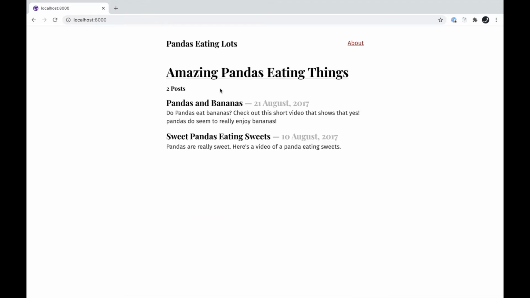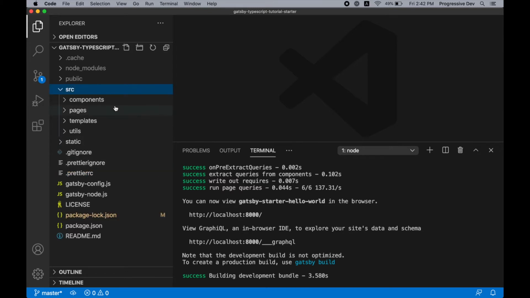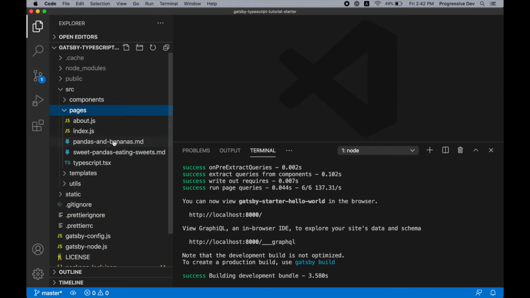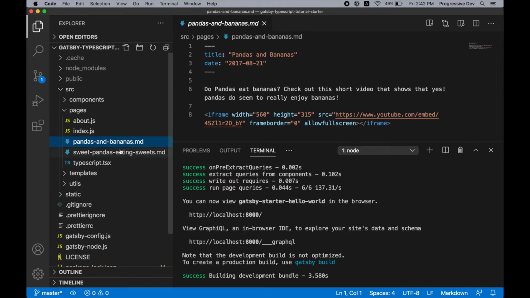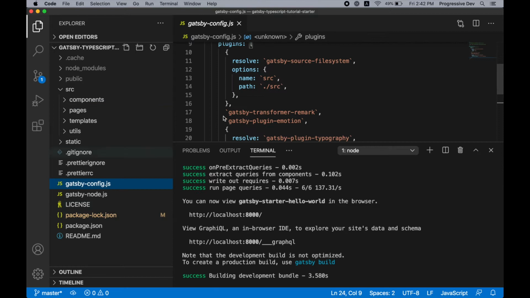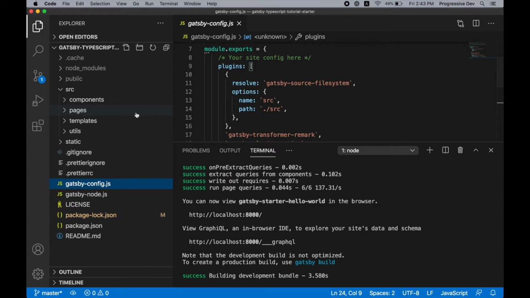Let's finally take a look at the code. The project is available in JavaScript and TypeScript, and I have put the link into the description of this video. As you can see, it's just a simple Gatsby website which has components, pages, templates, and utils. If you go to the pages, we have the React component pages, and we also have the markdowns. Those markdowns are used by the Gatsby source file system and Gatsby transformer remark in order to make detailed